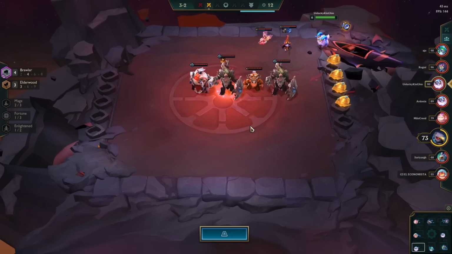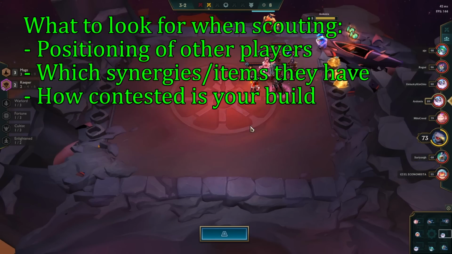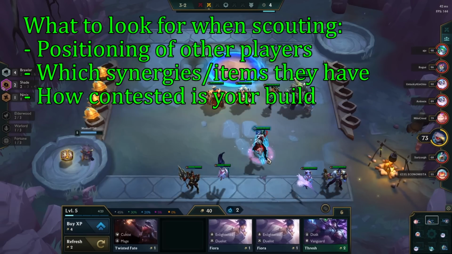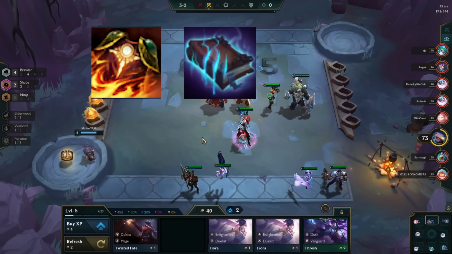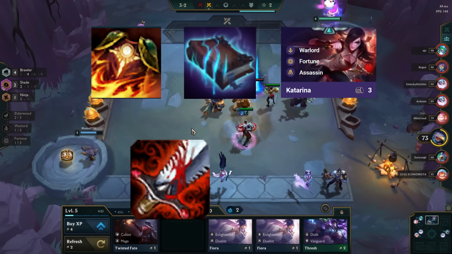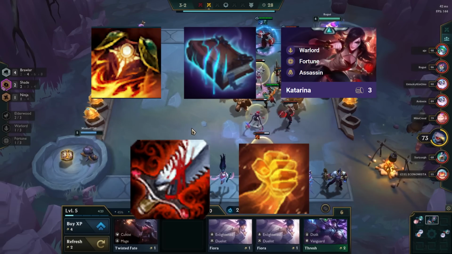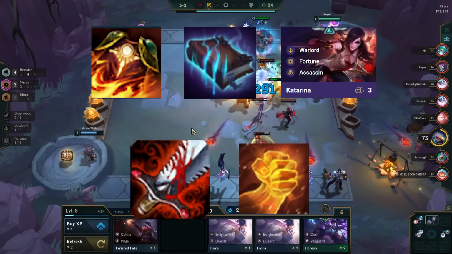During the mid-game, it's also crucial to scout. When scouting, you're looking to see how people are positioned, which synergies and items do they have, and if your build is contested by multiple people. If a lot of people have Sunfire Cape, Morello, or a unit that applies grievous wounds like Katarina, making items like Bloodthirster or Hajj for Ashe is not going to give as much value. Similarly, if no one has any of that, Bloodthirster and Hajj will be stronger as they will always give full